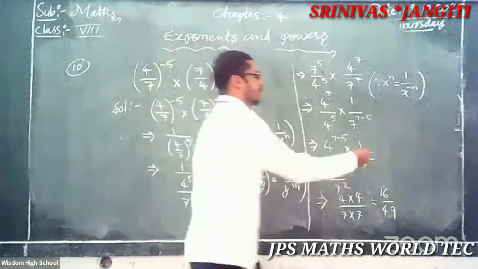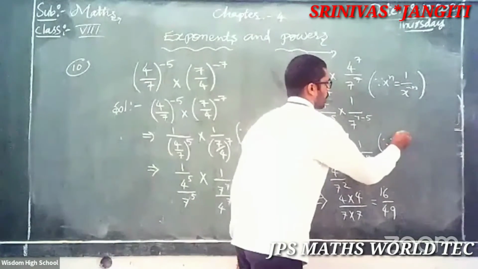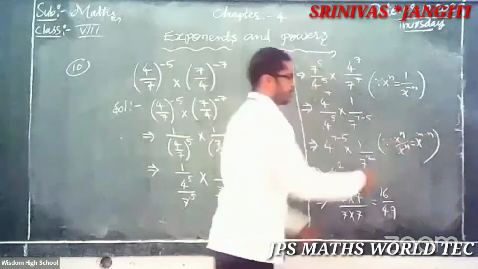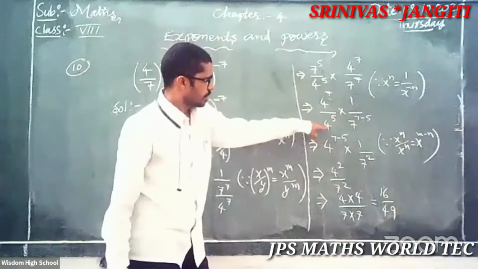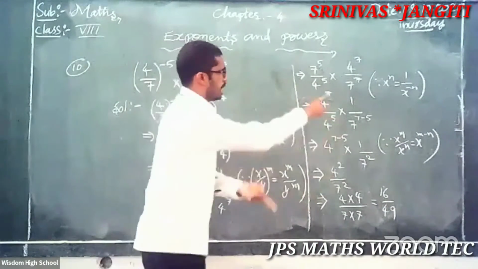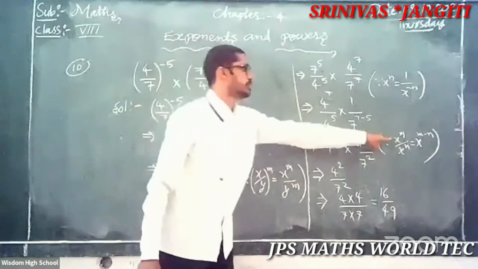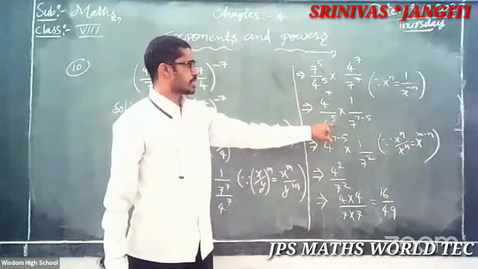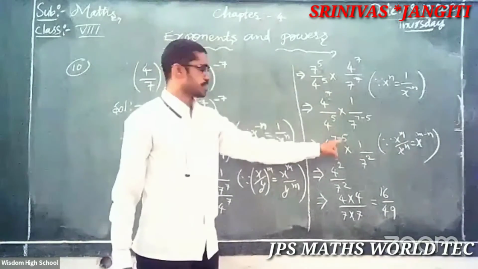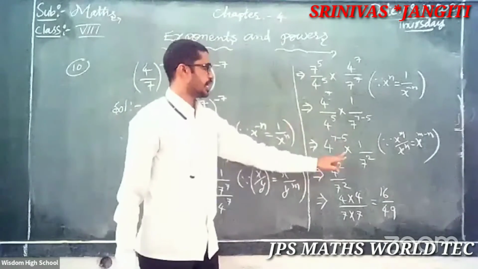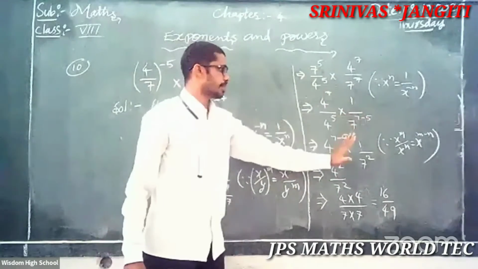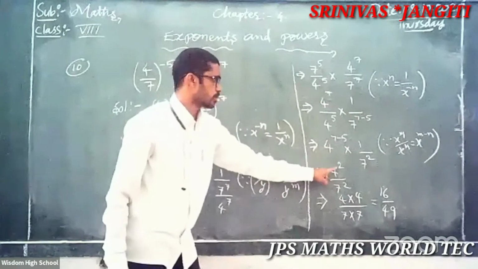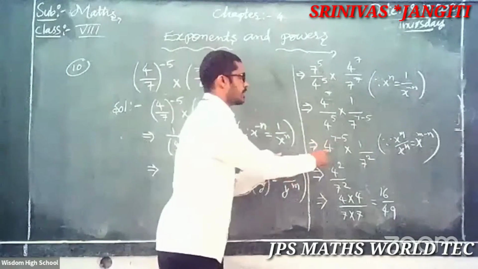How do you know? Because it looks like x to the power of m by x to the power of n is equal to x to the power of m minus n. That's why you observe here: 4 to the power of 5 outside. Immediately x to the power of m by x to the power of n is equal to x to the power of m minus n. Then this 5 outside, then what happened? Minus. So 4 to the power of 7 minus 5, into 1 by 7 to the power of 7 minus 5. Then your result, 7 minus 5, you get 2. Here 4 square, 4 square into 1.